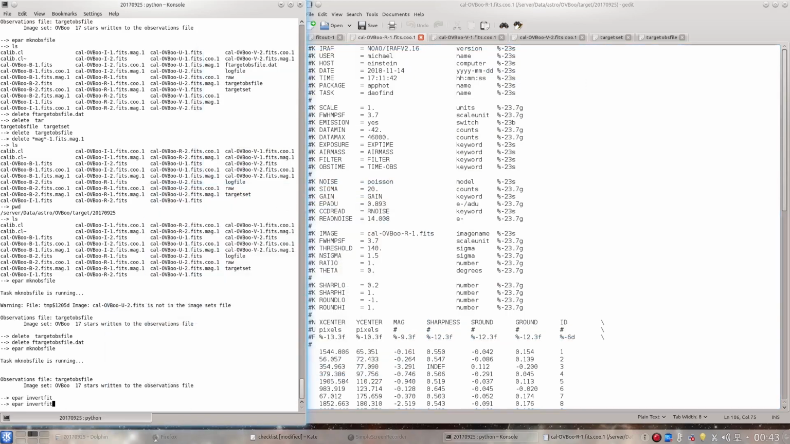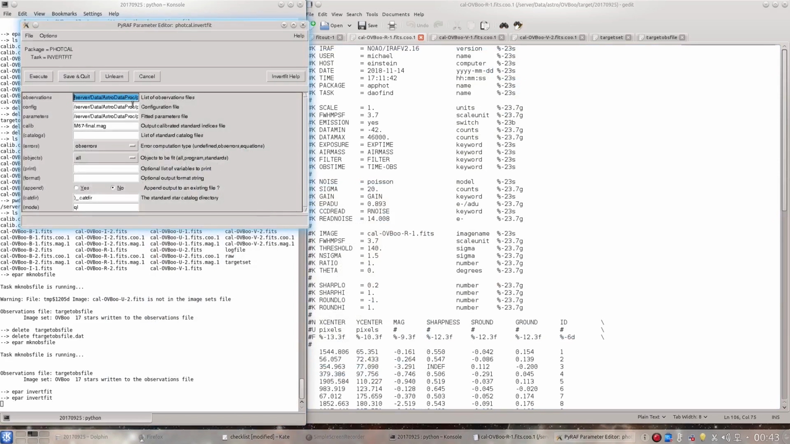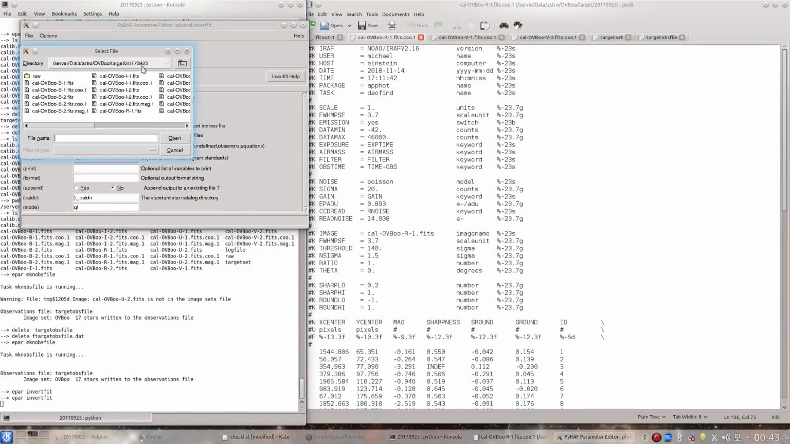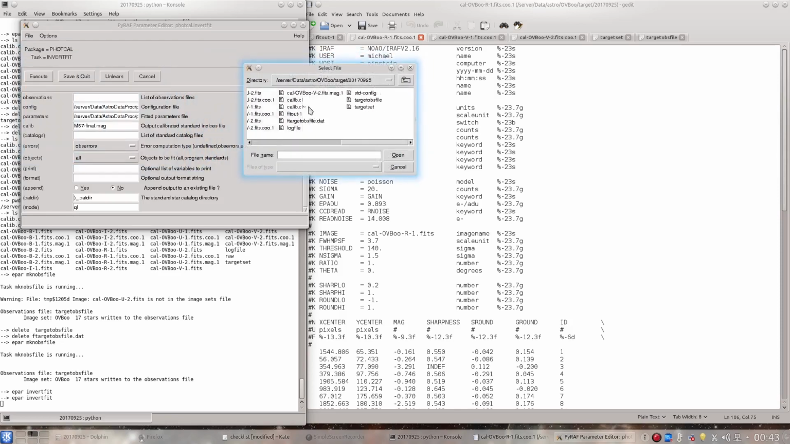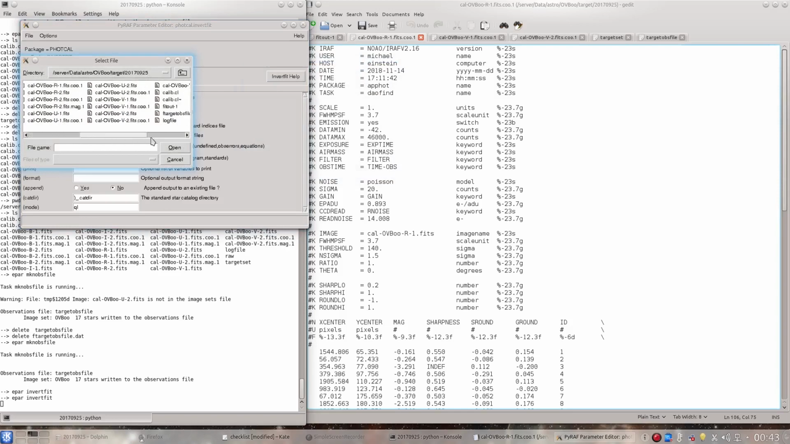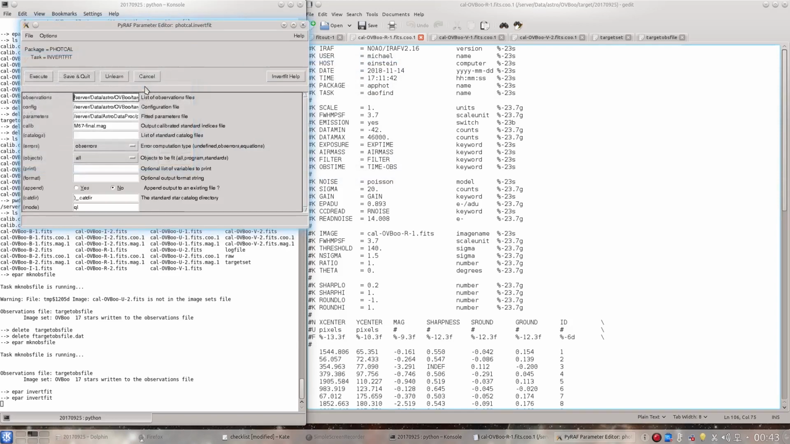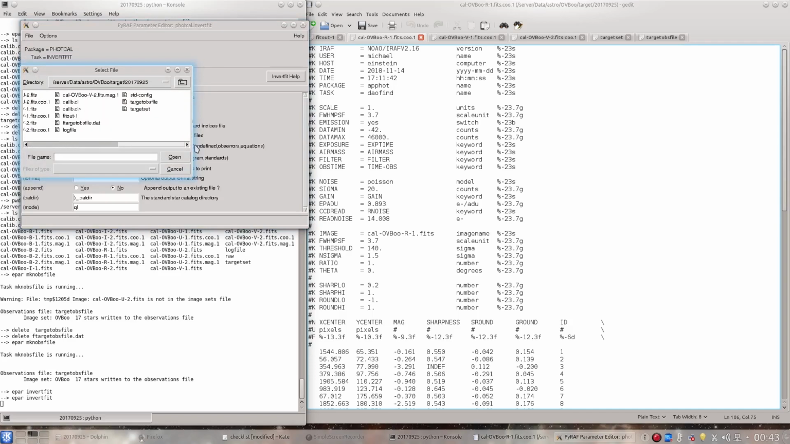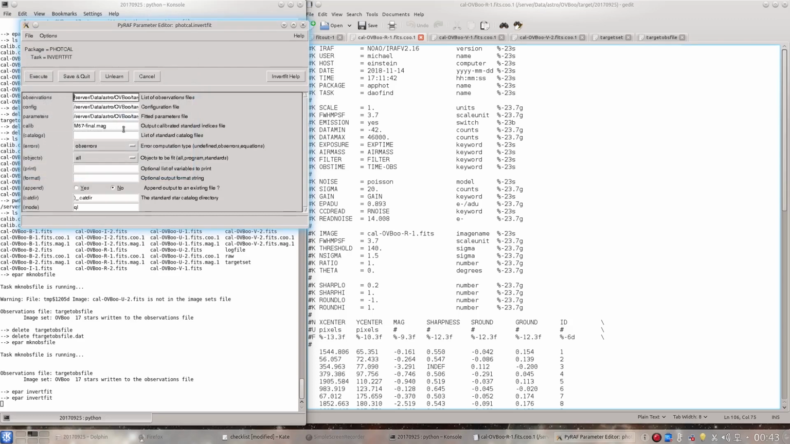So let's open invert fit as well and say delete. And let's take a look. We are in target. So for this was the observations file, that was the target ops file, I'm pretty sure. Maybe it's not, but we're going to see. The config, that's standard config, and the parameters are fit out there. And we're going to call that